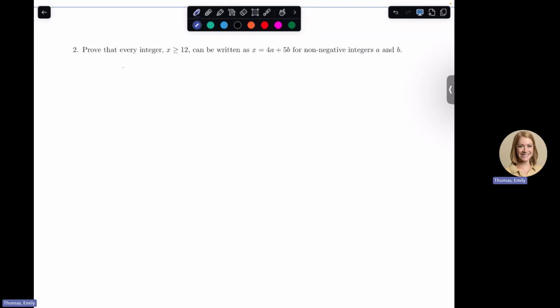Okay, so I'm going to leave space, Janiyah, but I'm probably not going to write any scratch work. So we are going to show by strong induction that for all integers x greater than or equal to 12, there exists